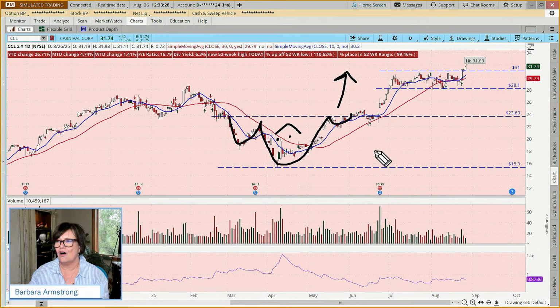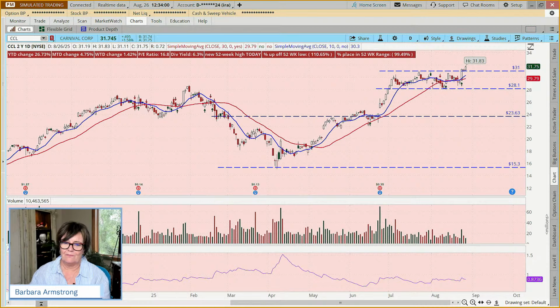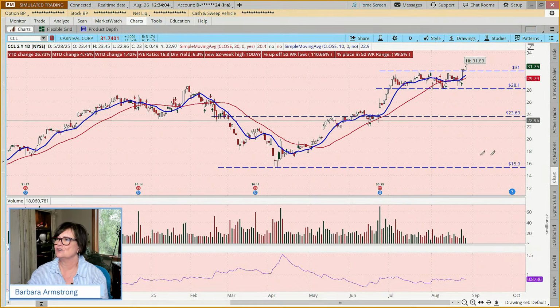Now, if you bought a call, what's the advantage of buying a call? Well, if you bought a call back here, say when it broke out, it took a while to actually make it all the way to the target, and calls are less expensive. So they have the advantage of being less expensive, but there's a limited time frame associated with them. And there's what they call time decay, where if you buy the stock, you can just afford to let it sit in your account if need be. It may not be crushing it on a day-to-day return, but you've got time on your side.